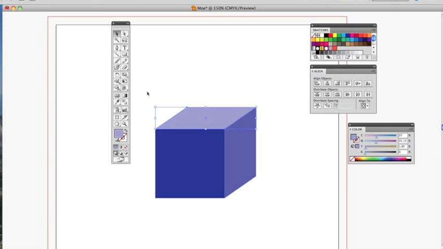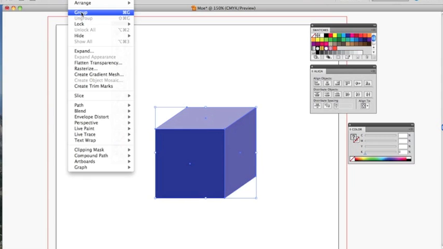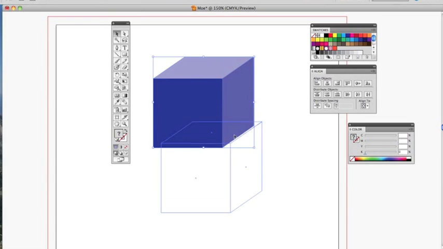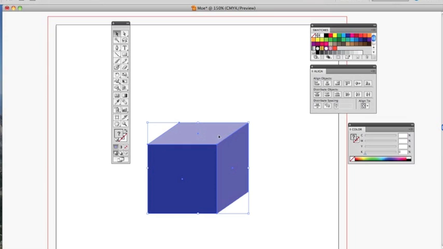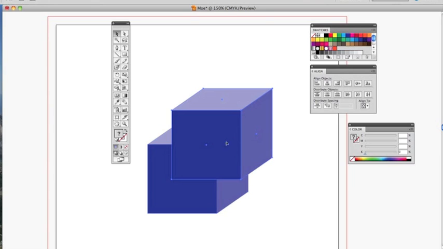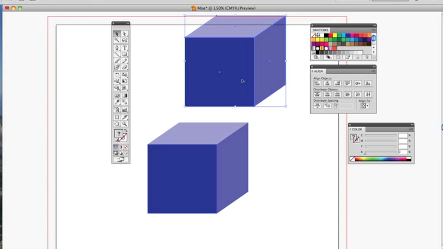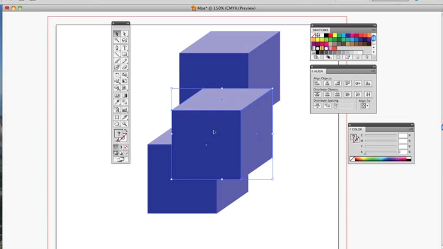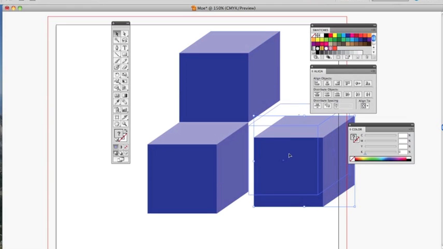At this point I'm going to get my black arrow, select all of them, and go to Object, Group. Now if I select it with the black arrow, it moves all together. So I'm going to go ahead now and copy, Command C, which has now copied this whole group, and Command V, and paste that. I'm going to move it so that it's right over the top of this. Then I'm going to paste it again. And I'm going to bring this down